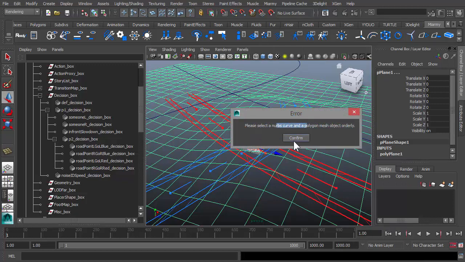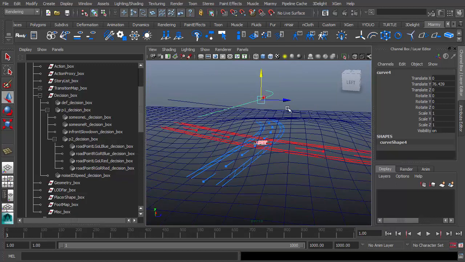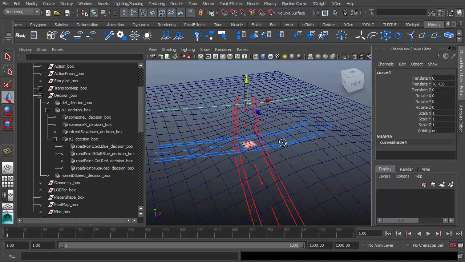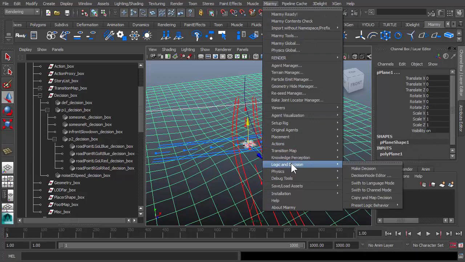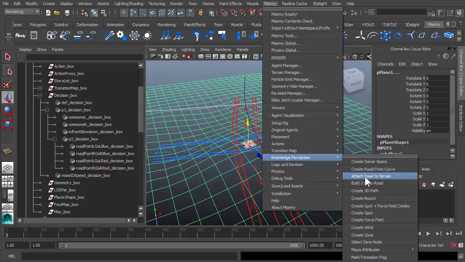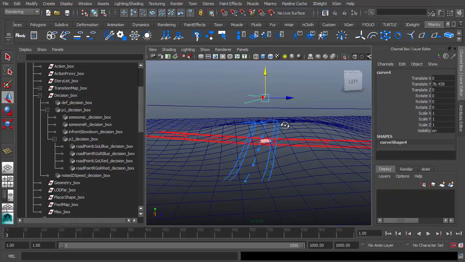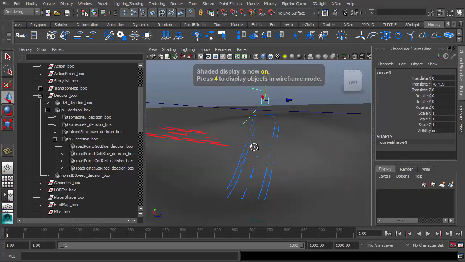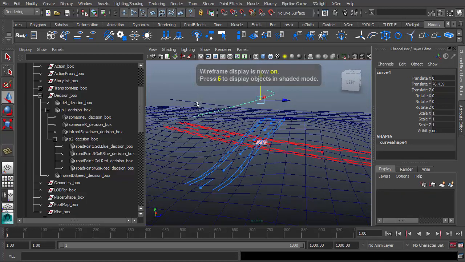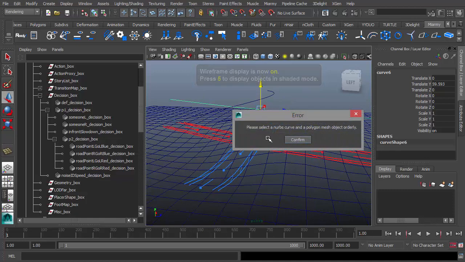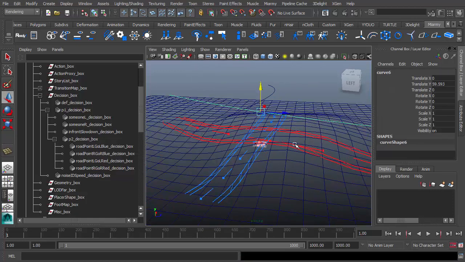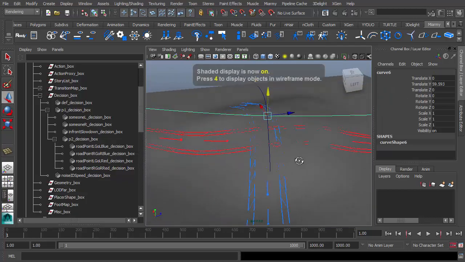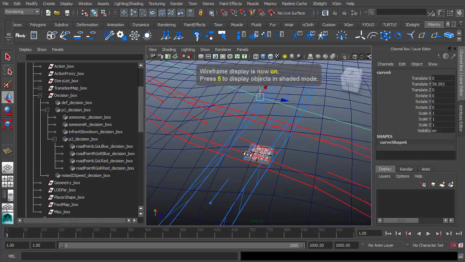Select the NURBS. Oh, I'm sorry. We need to select the control curve, and this guy, and attach road to terrain. We can see that this road has been attached onto the terrain. And for this one, we select this guy and select the terrain, hit G. G is redo in the Maya feature, and